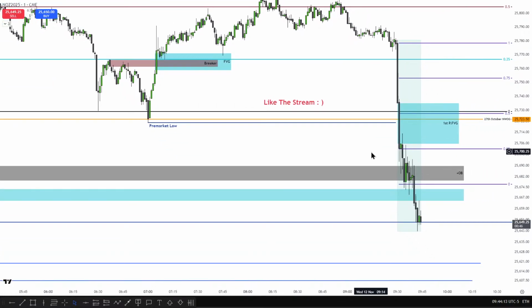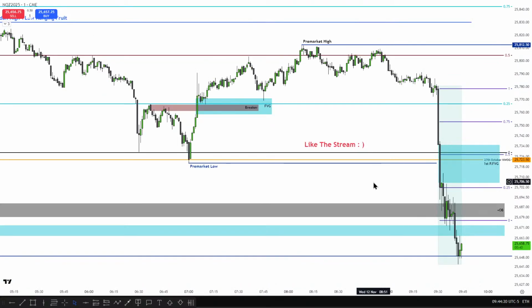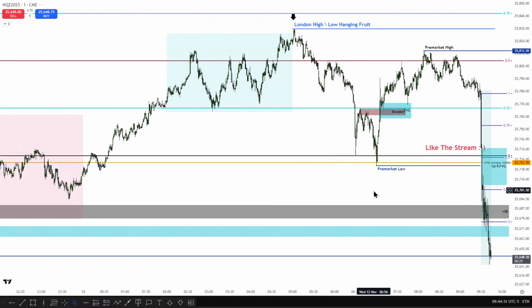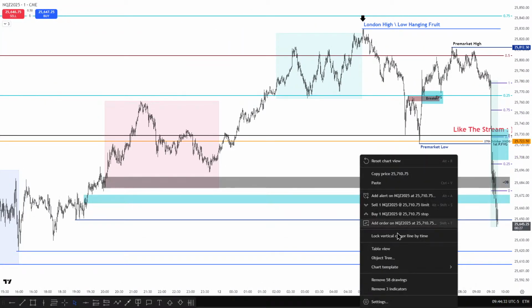Thursday, 6th November 2025, first fair value gap 930, just below. Honestly, I know I taught it, but I don't usually use first presentation fair value gaps from over a week ago, to be honest. I'll use first presented of the month, and then I'll leave that on. So if I go into object tree,